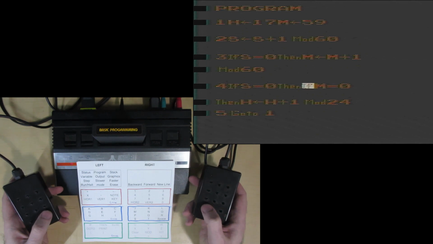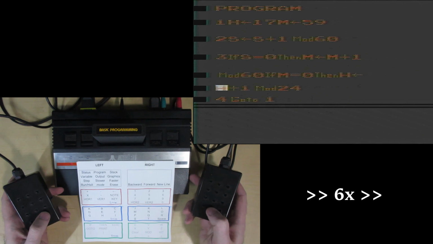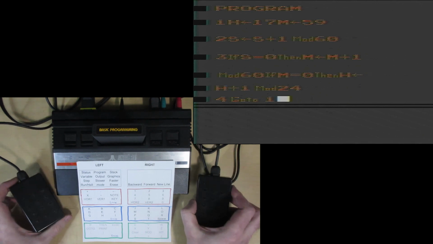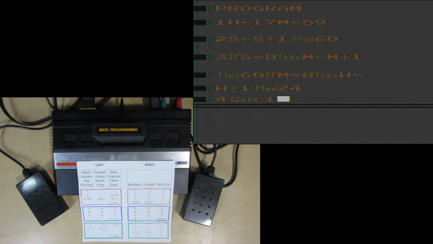When I did a bit of experimenting, I realized that I could just remove this one if s equals 0 statement and collapse the remaining expression on the previous line as follows. And this shows an interesting caveat of the if statement, which is probably the most interesting statement in this entire programming environment. So what happens here is that everything after the first then clause is considered the first branch of